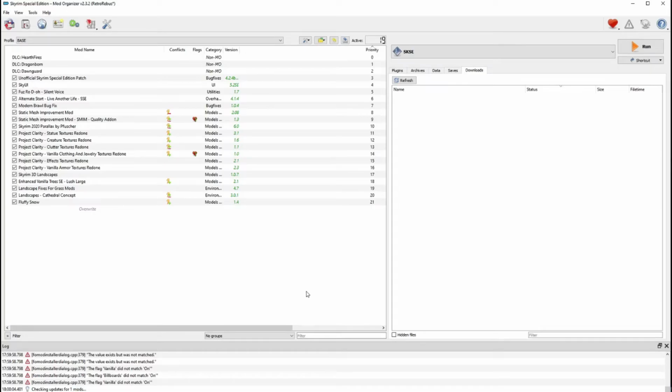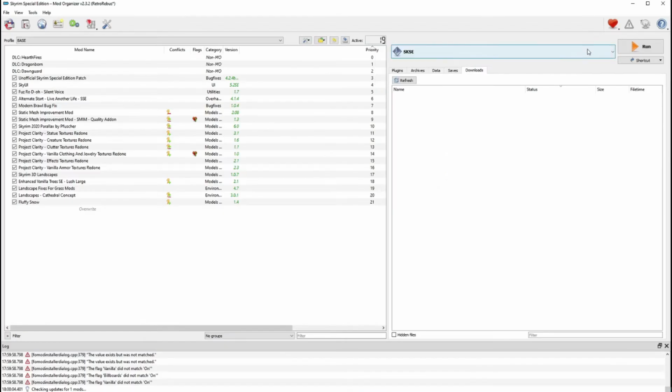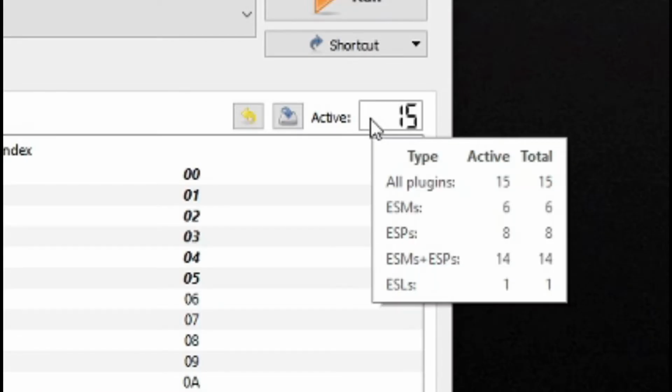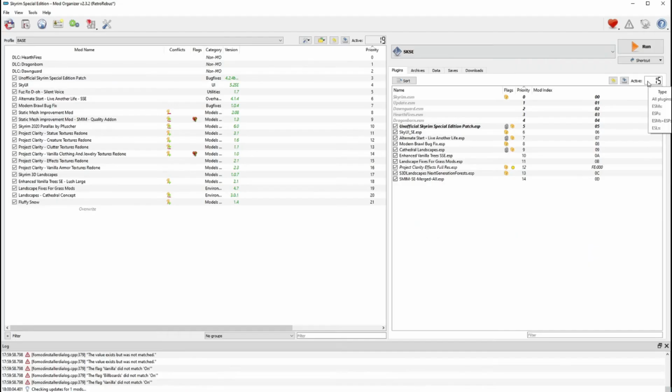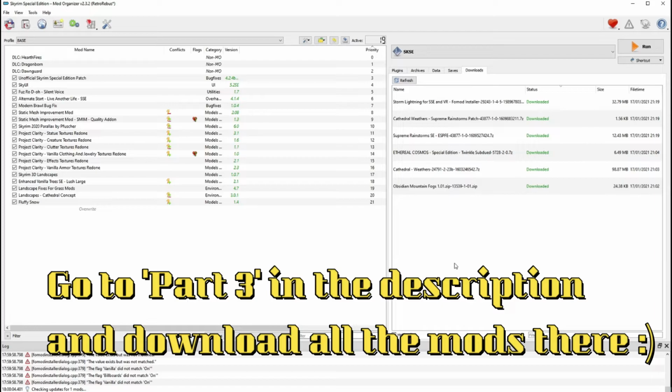Okay, before we conclude today, we're going to sort out some of the weather. We can see right now that we are currently at 19 active mods. We go over to plugins. We can see that we have 15 plugins active, of which one is an ESL, which means that it's not counted towards the official limit. Excellent. Right, so downloads. Okay, here's the setup for our weather, and we're going to start off with